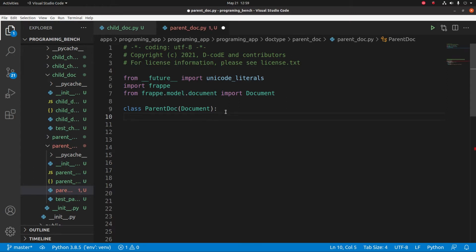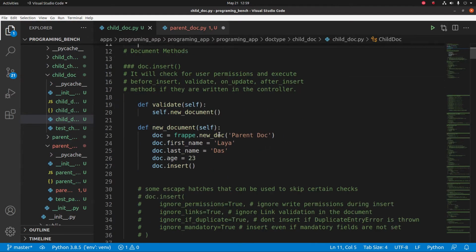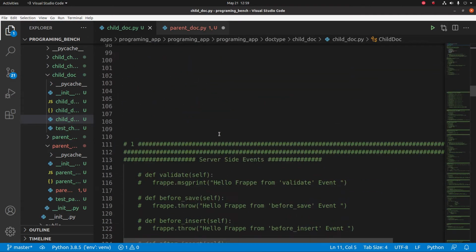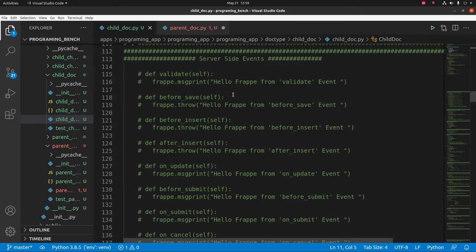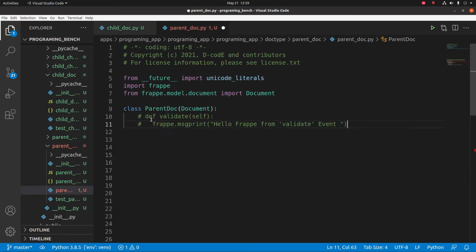Let's create a validate event and I will check whether it is triggered or not when we insert a new document using doc.insert method. So I am copying a message printing function, and let's paste it inside this parent doc, and I am changing this message to hello frappe. Let's save this, and